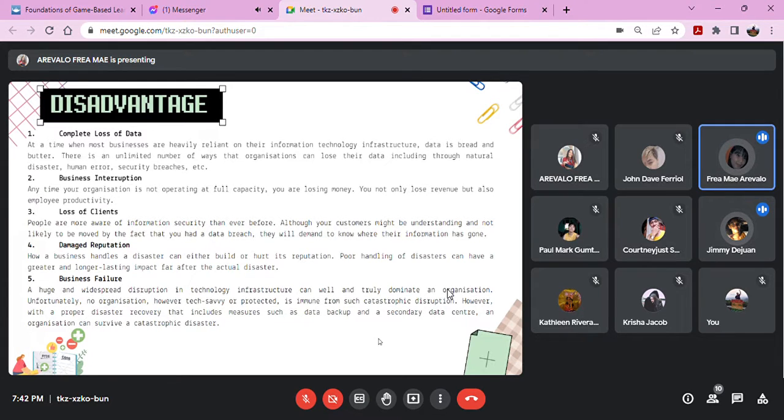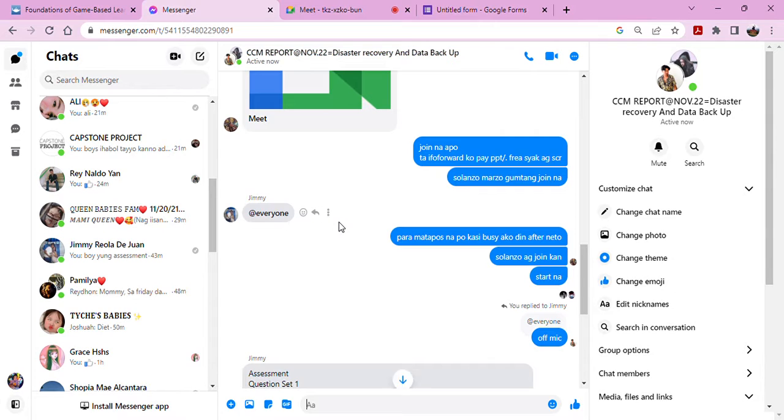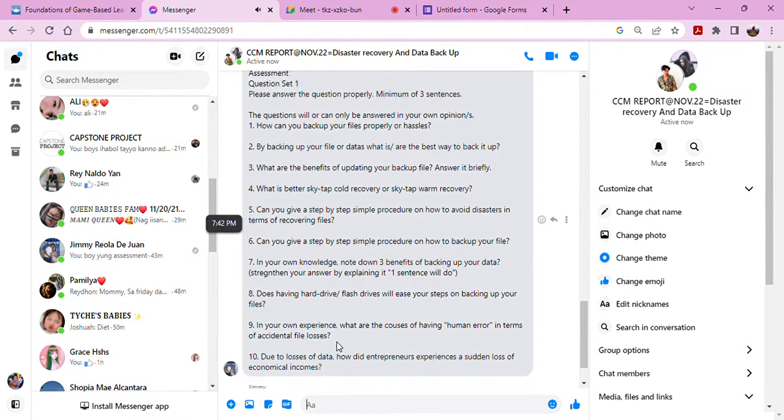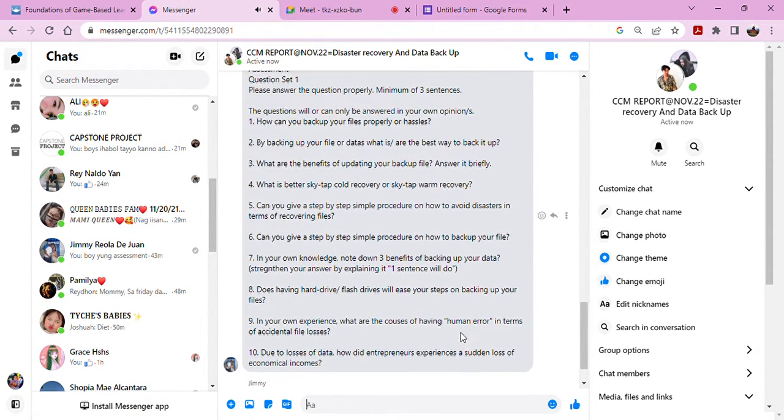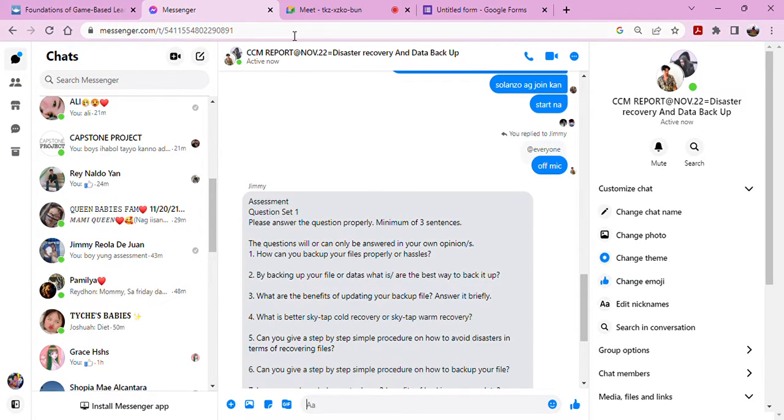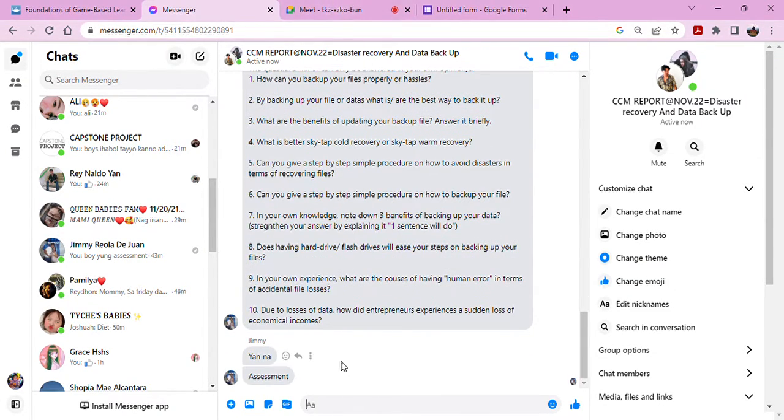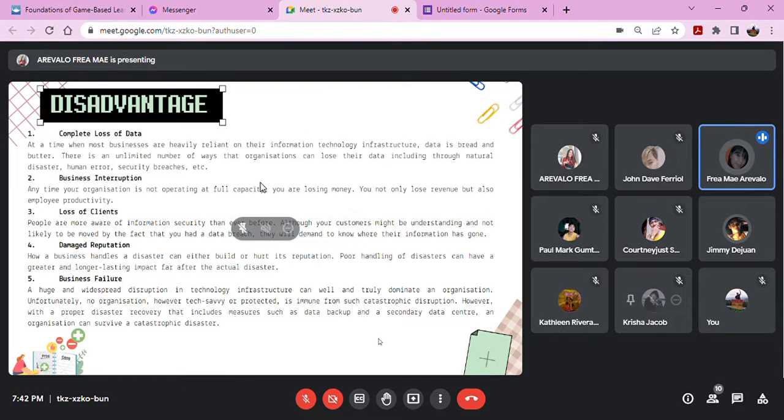Last is business failure. A huge and widespread disruption in technology infrastructure can well and truly dominate an organization. Unfortunately, no organization, however tech-savvy or protected, is immune from such catastrophic disruption. However, with the proper disaster recovery that includes measures such as data backup and a secondary data center, an organization can